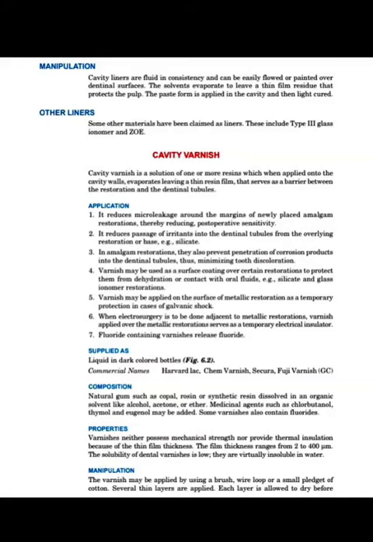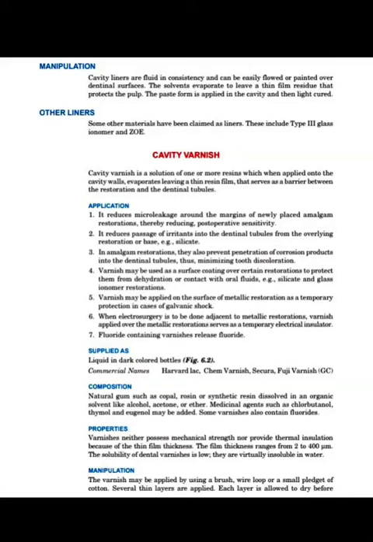The main use of the varnish is to block the dentinal tubules, because we know that dentin is made up of dentinal tubules, and due to these dentinal tubules dentin is porous. So to block these porosities we can use varnishes, because if 2 mm remaining dentin thickness is there, it is sufficient for thermal insulation, but due to these porosities, mechanical irritants and thermal irritants can enter through the restoration into the dentinal tubules, and this can irritate the pulp. So for pulp protection we can use cavity varnishes.